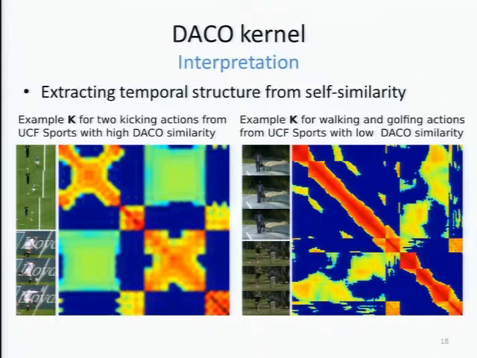And here you can see that this relates to something that is very well known in action recognition, but also in other fields. It's called the self-similarity matrices. It was studied a long time ago for periodic actions, etc. So here you have two actions, it's a bit small, two rugby ball kicking actions, different actions. And here this big K matrix: this is the similarity of all frames from the first action, the similarity between all frames of the second, and these are the cross similarities. So here you have frames and frames.